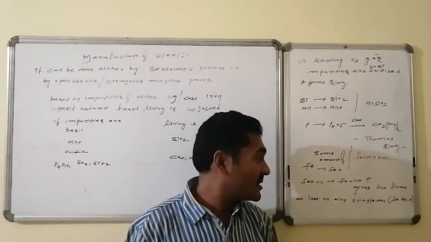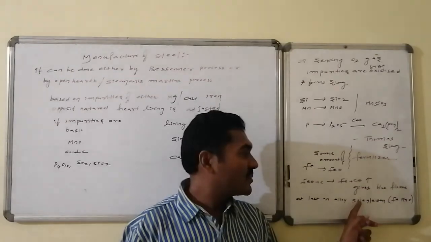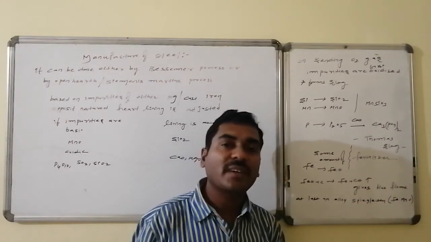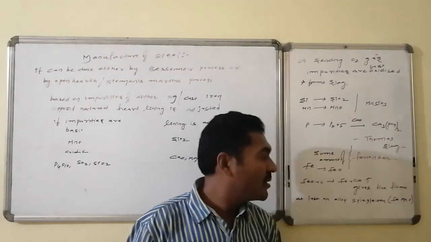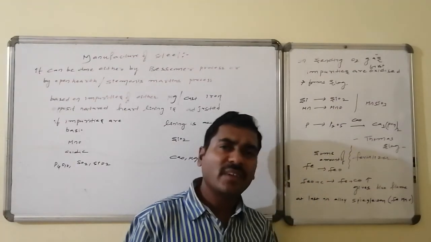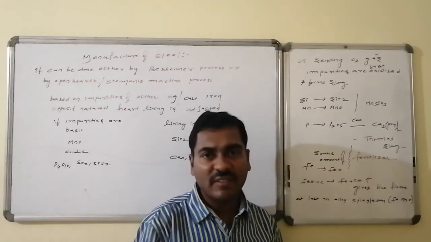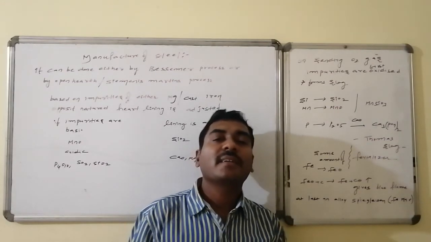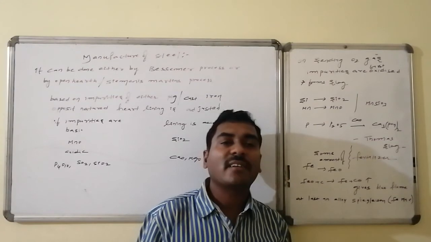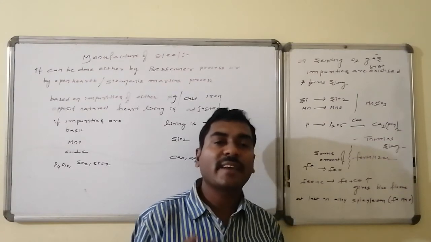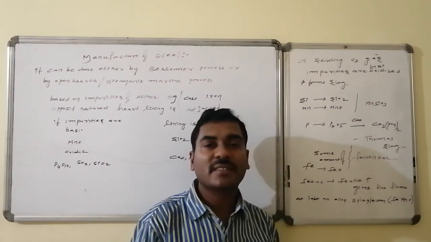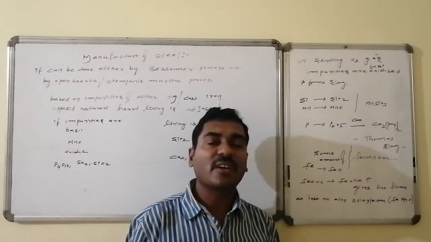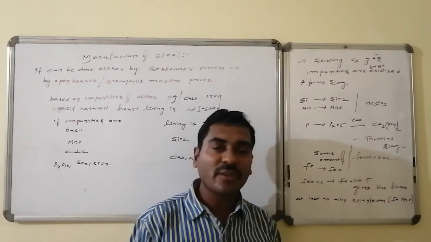Now a special alloy, that is spiegeleisen, a combination of iron, manganese and carbon, is added. Iron is present in liquid state after dissolving. Manganese and carbon both act as reducing agents. If any ferrous oxide is there, that ferrous oxide is reduced to iron, and once again carbon monoxide, a volatile gas, will be removed.